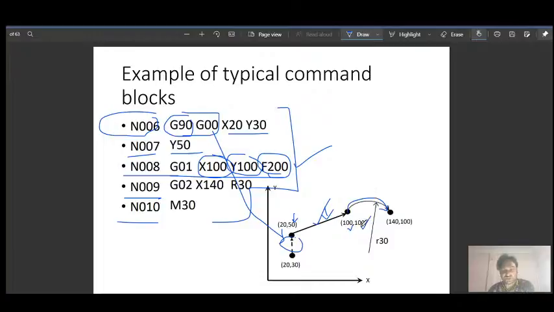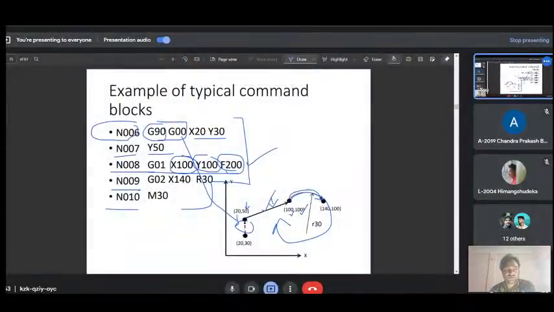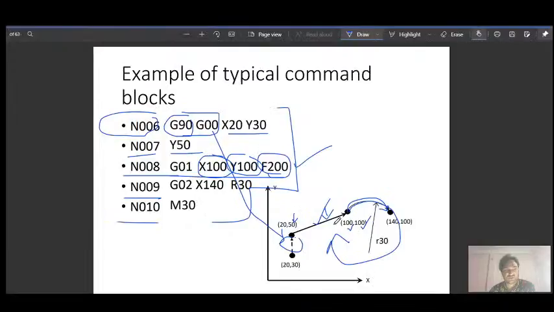Then you have to follow this curve path, so you need to use circular interpolation, and this one, as you can see, is clockwise. G02 you will use, and what is the end point? End coordinate value 140, y 100.